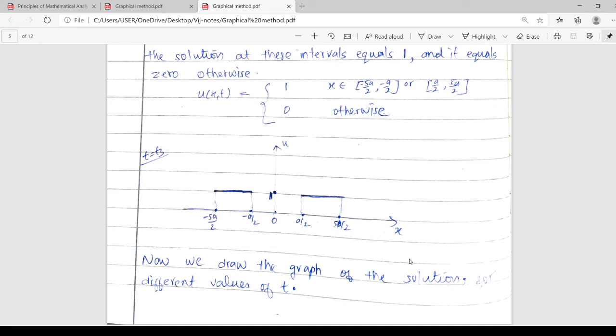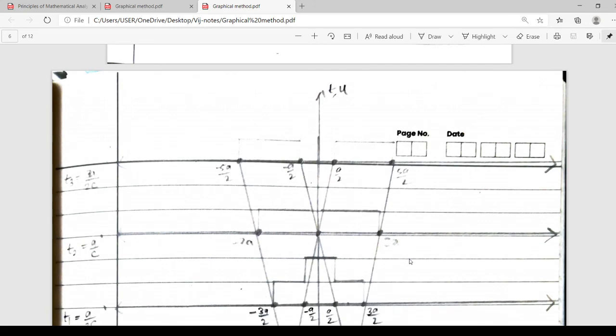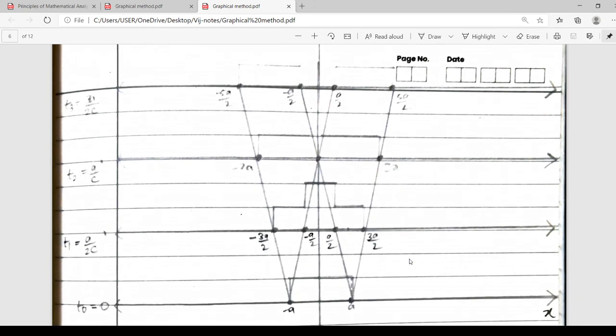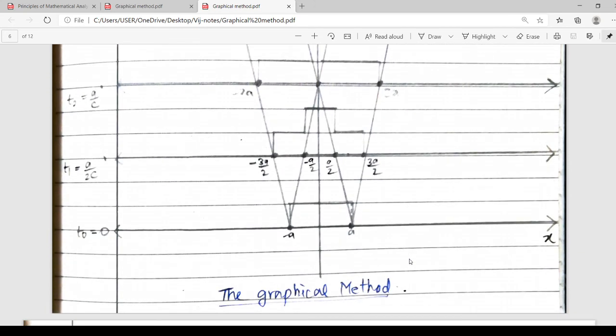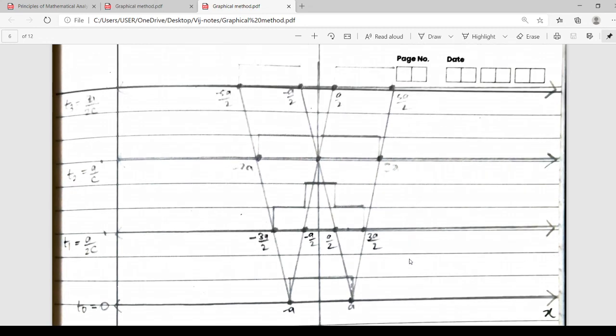So for simplicity, what we will do is take the x coordinate as x, and the y coordinate will play the role of both t and u. So both the t and u axes will be represented by the y axis, and we will draw all these in a single graph. So I will show you how the graph looks. This is a graphical method. You need not worry by seeing the graph.